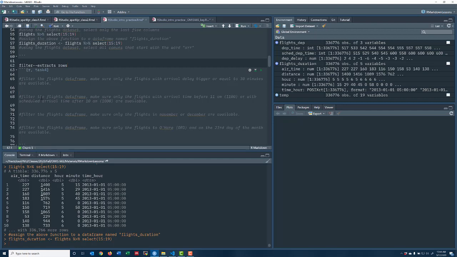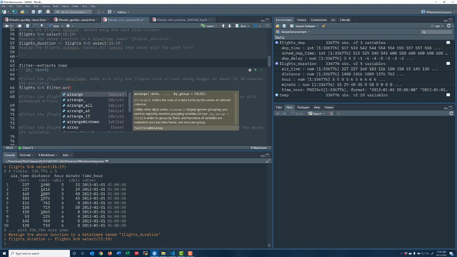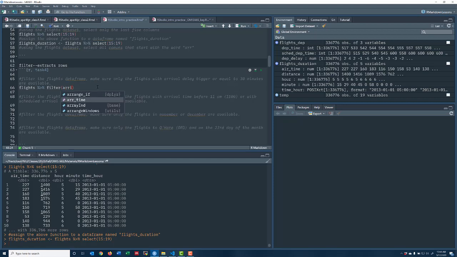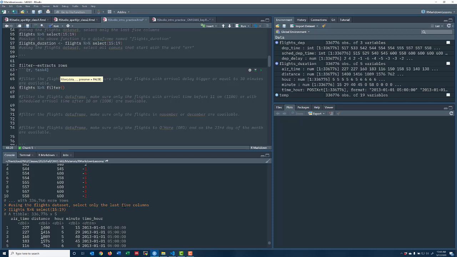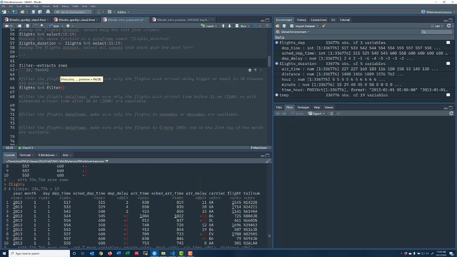From here on out, I'm going to use the pipe method instead of providing the first argument as the data frame. It says make sure only flights with arrival delay bigger or equal to 30 minutes are available. So we'd start out by saying flights, pipe, then we're going to filter, and then let's just start typing arrival. Well, there's arrival time. We need to go in and find out what our arrival delay is called. So let's see if we can find it here. Arrival time, arrival delay, right there. So we can start typing that,